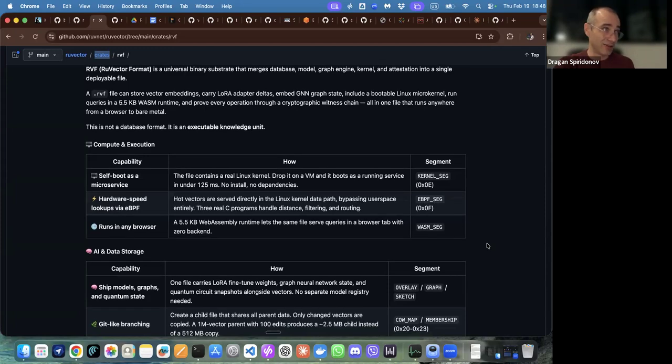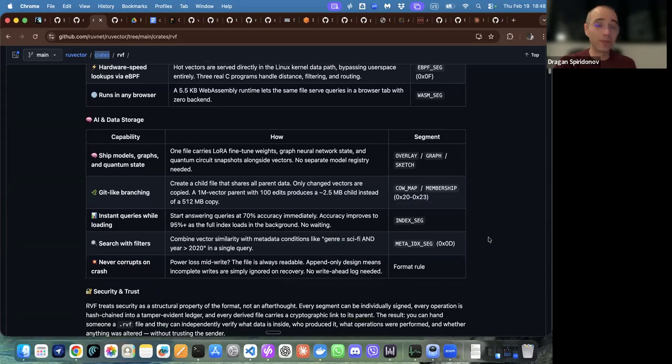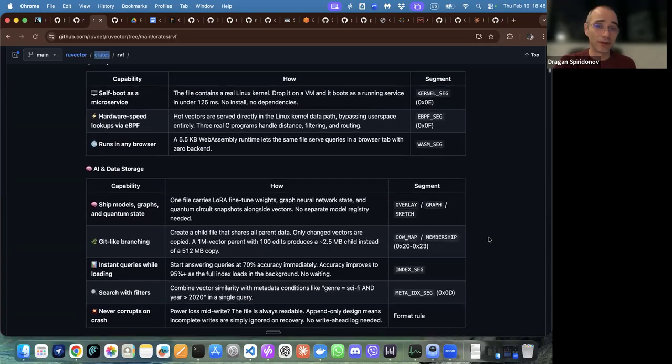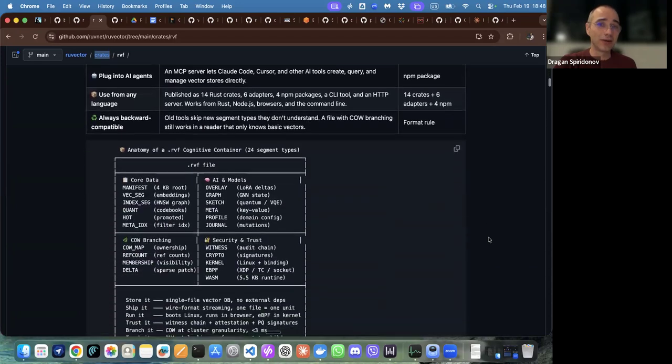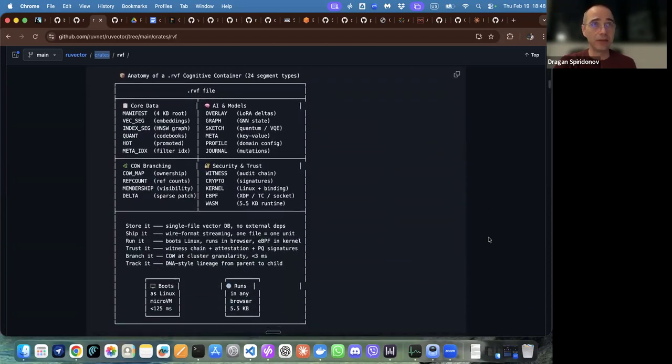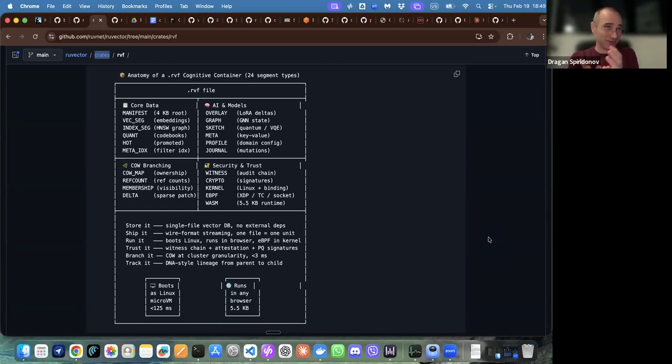So this is him, already with his Cognitum chip. So, what it offers, I will share this link. You can go try it, but this is the anatomy: one file container that has everything you need from an LLM, because classical transformers are power intensive. That's why we need GPUs, that's why we need big power plants. This changes the game.